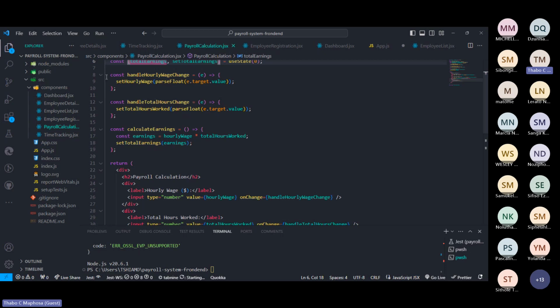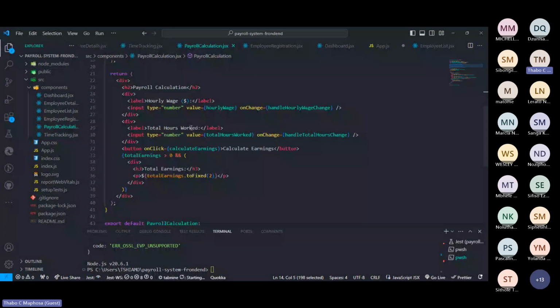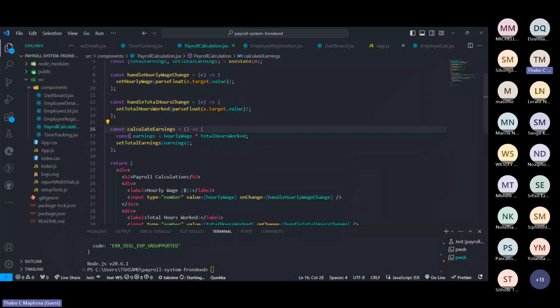So you notice these two here are captured from the information that has been given. They are more like inputs that are put in and then multiplied to get the total. If you check where the total is, the earnings are the hourly rate times the number of hours that have been worked.